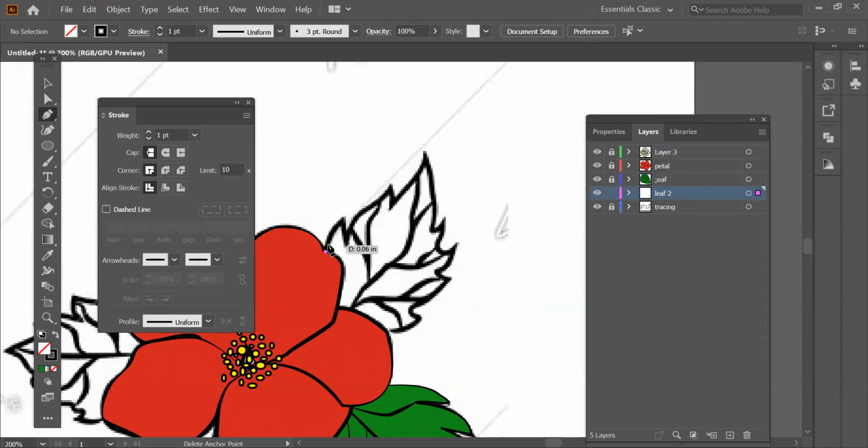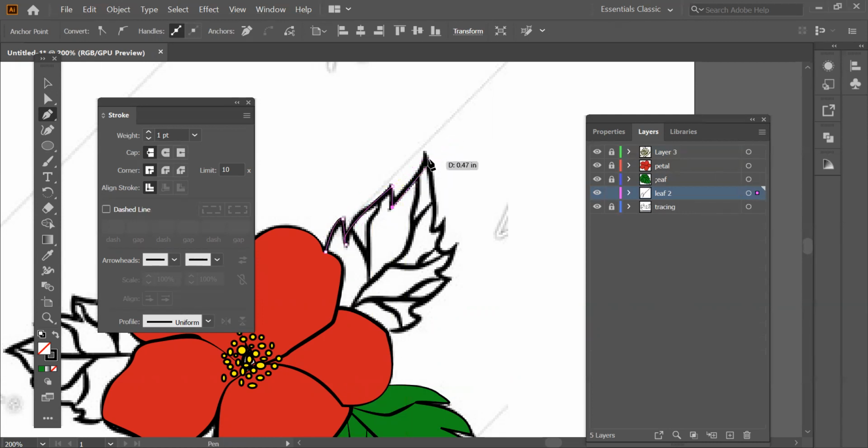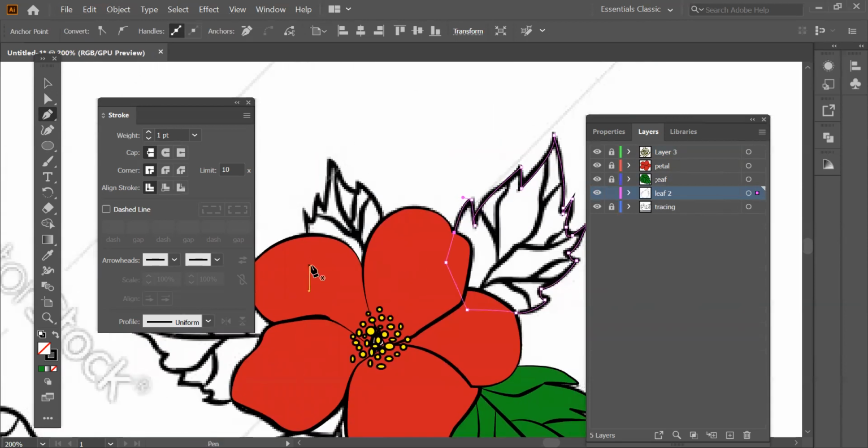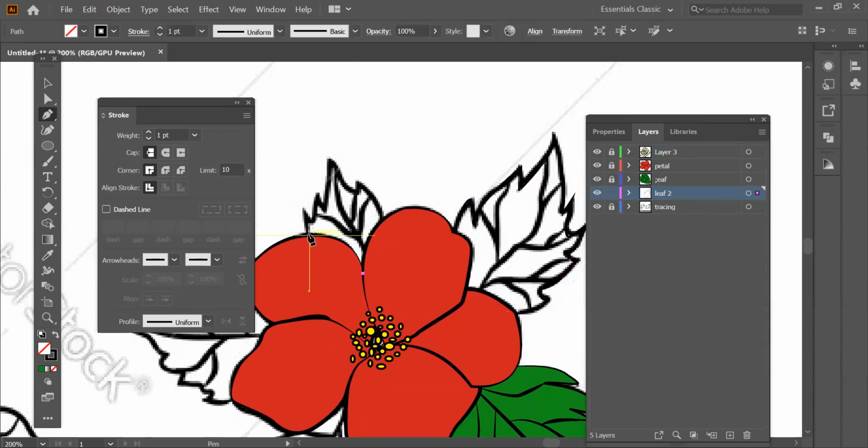So I'm just gonna take my pen tool and then I'm gonna make the main shape of this one.